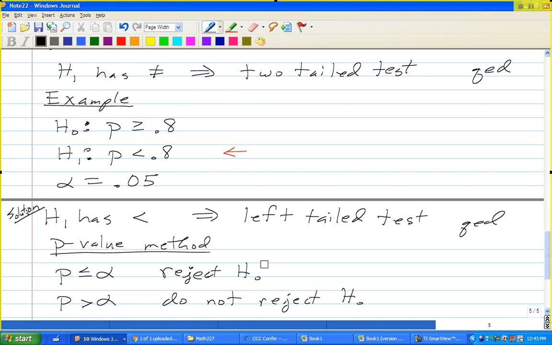And so all we can say is either there's enough evidence to reject a claim, or there's not sufficient evidence to reject a claim. So either you reject or you do not reject the null hypothesis. You should not say that you accept it. Okay. Next,